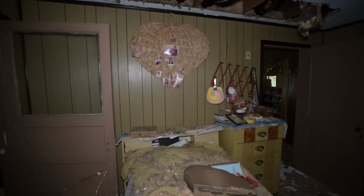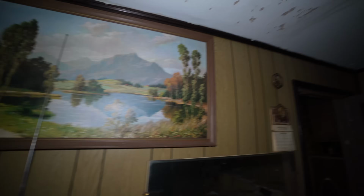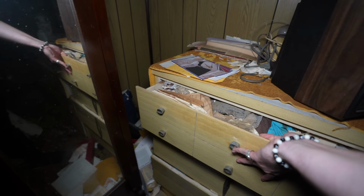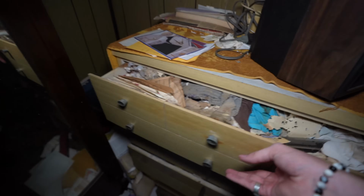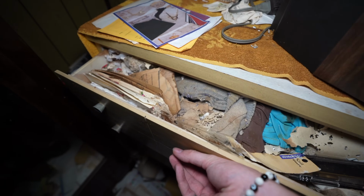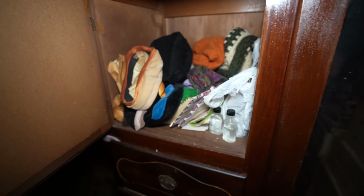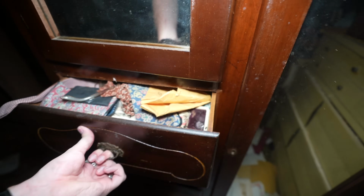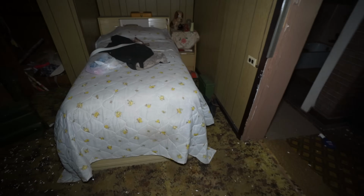But you can see this room itself. It's just kind of falling apart. You can see the roof right there. It looks pretty bad. And their drawers are just full of their clothes. We're just gonna keep moving on. All their hats. This feels like it's maybe the older ladies' room. But anyways,